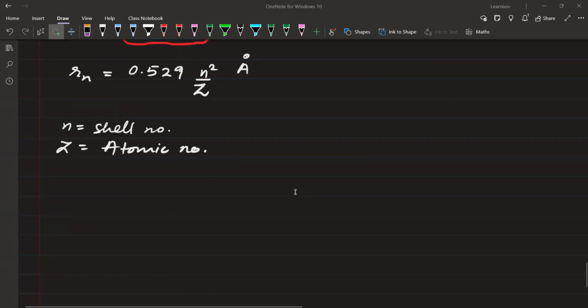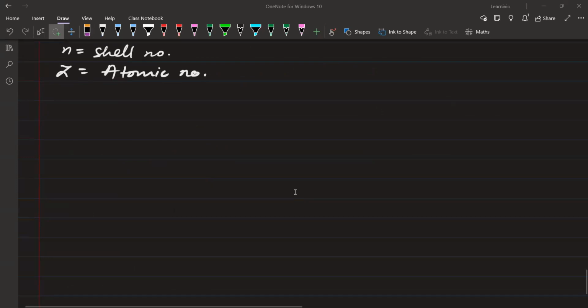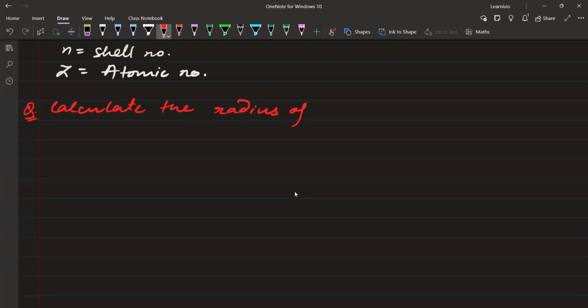चलिए आई होप ऑल ऑफ यू आर डन राइटिंग दिस। सवाल लिखिए, कैलकुलेट द रेडियस ऑफ फर्स्ट ऑर्बिट ऑफ हाइड्रोजन एटम। ठीक है, हाइड्रोजन एटम, ठीक है।